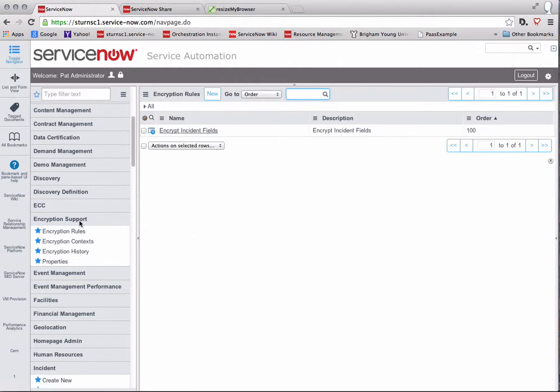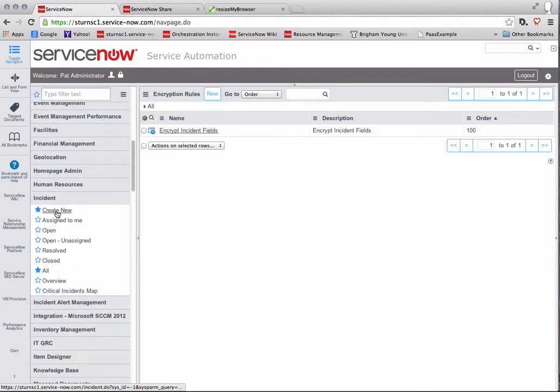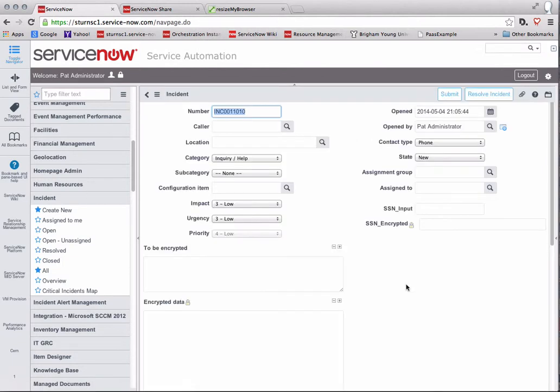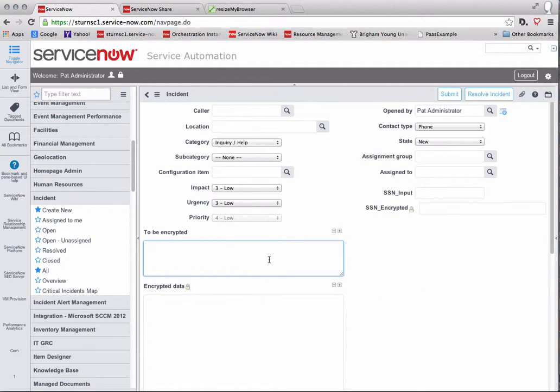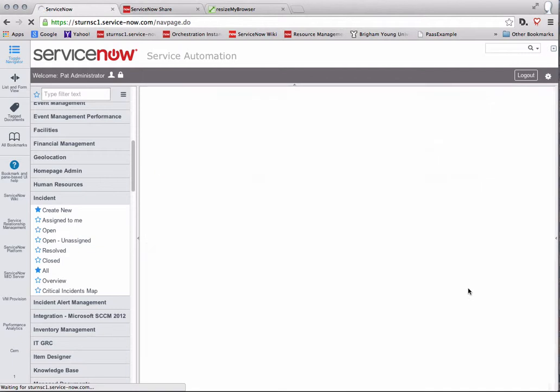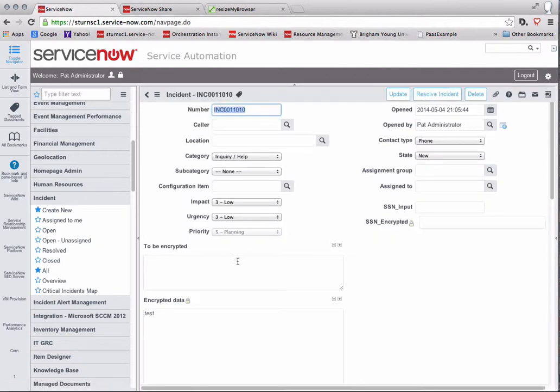Okay, so we've got all of that set up, and what actually happens, I'm going to walk through a sample here, is when you go in and create a new incident, and I'm logged in as Pat Administrator right now. When you first install encryption support and then the EasyEncryption application from Share, it's going to create this to be encrypted and encrypted data fields. So when I put in something like to be encrypted, I can just type in test here and hit save. What that does is actually move that data from the to be encrypted field to this encrypted